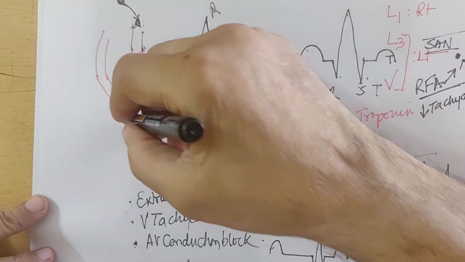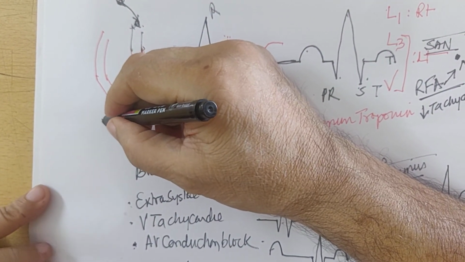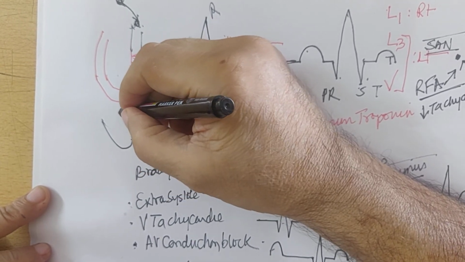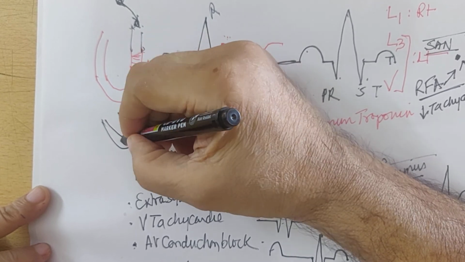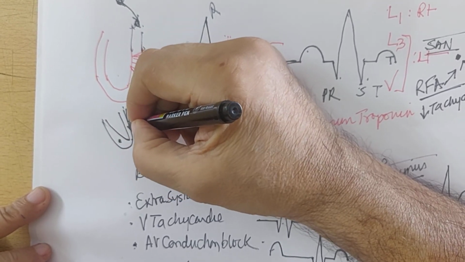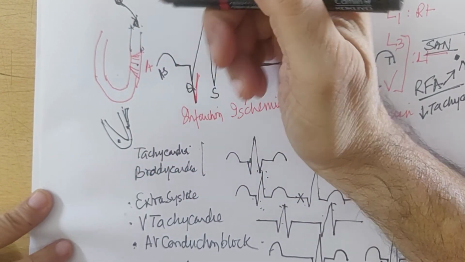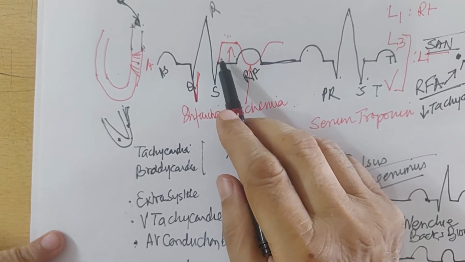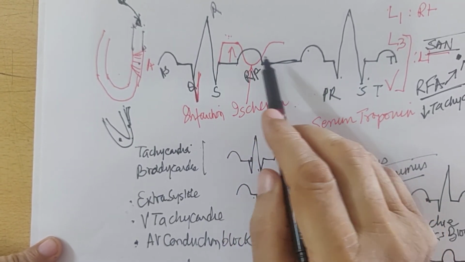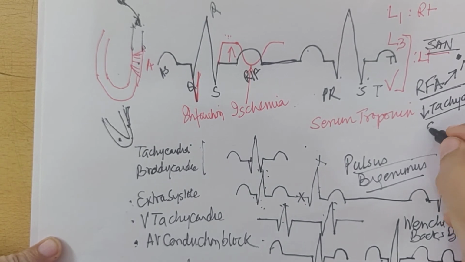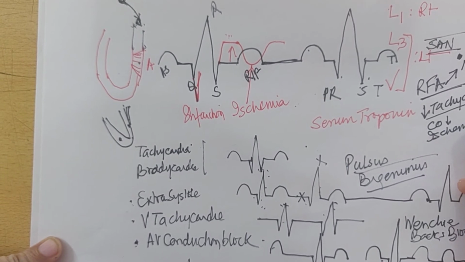Because the problem with tachycardia is that the heart contracts but the blood vessels would not be able to supply the muscle because in systole the pressure within the muscle is higher than the pressure in the coronary artery. So heart would supply itself only in diastole. So as the period of diastole goes on reducing with tachycardia, the heart would become ischemic. So you have to control tachycardia. Cardiac output would decrease and the heart muscle will go on becoming ischemic.